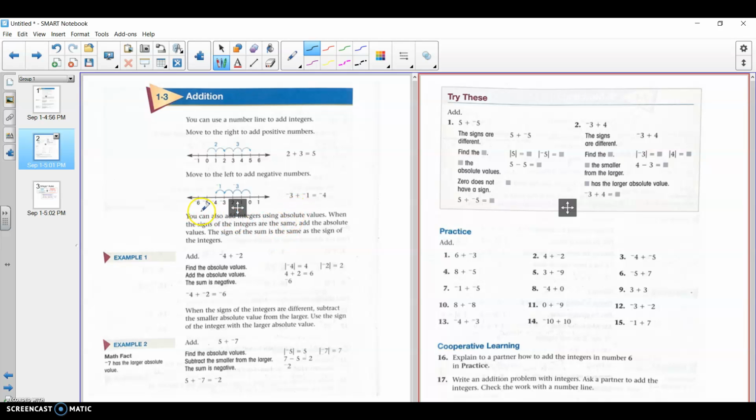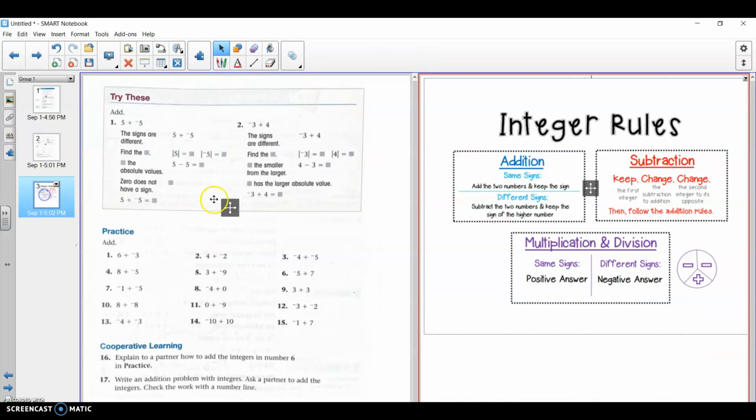In this here, you can also add integers using absolute values. When the signs of the integers are the same, add the absolute values. The sign of the sum is the same as the sign of the integers. And that goes right back to this box right here. Same signs, add the two numbers and keep the sign. Going back,